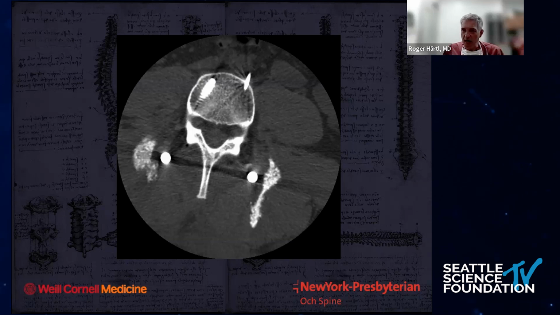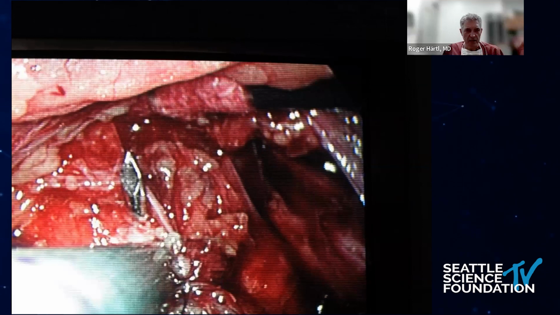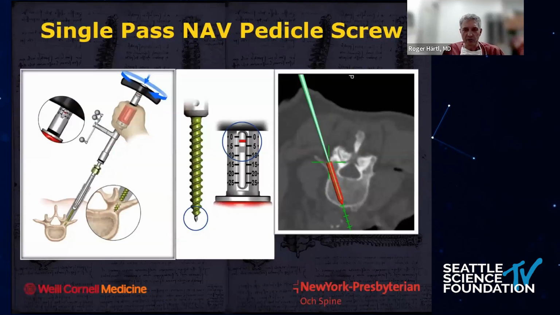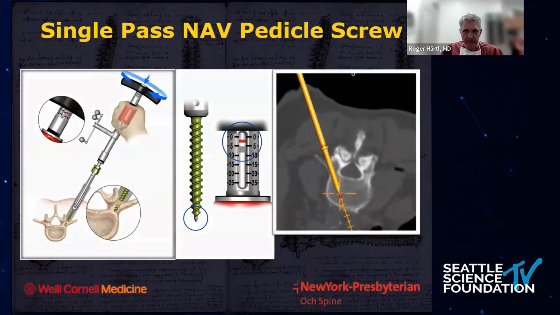I used to use K-wires maybe 10, 15 years ago, until I had a bunch of imaging studies that looked like this, where the K-wire broke off, and then we had to go back in with a laparoscopic surgeon to fish out the K-wire. So I really tried to get away from K-wires, and there are companies now that make these single-step MIS pedicle screw systems that you can navigate, that work really nicely. We've been using these maybe for 5 or 6 years now, very, very successfully.